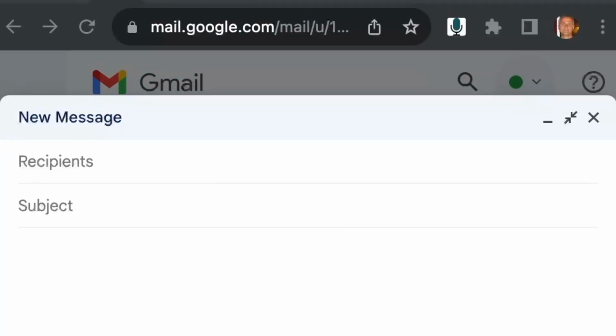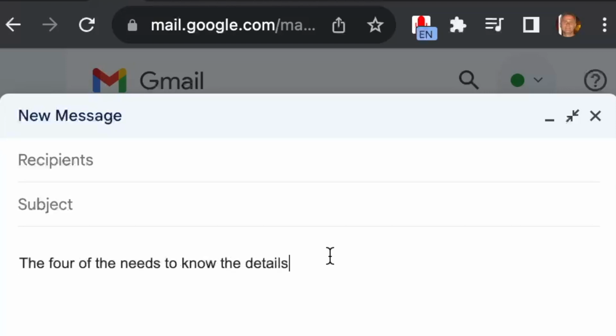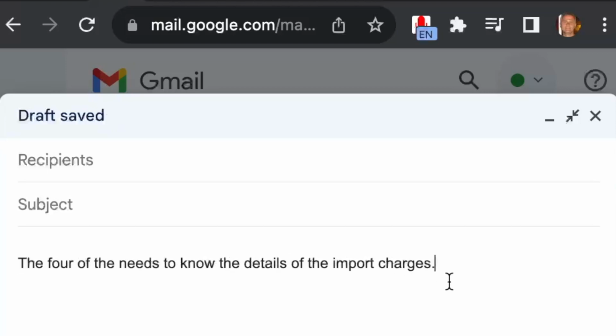The first feature enables you to easily make changes to your text by just re-saying, which makes dictation much more intuitive and fun. First off, an example of using auto-editing to correct a mishearing and at the same time replace a word with its synonym, all without touching the mouse or keyboard. The forwarder needs to know the details of the import charges. The forwarder wants to know